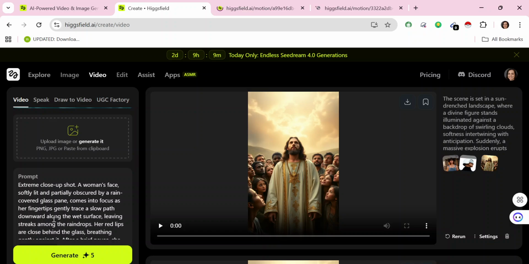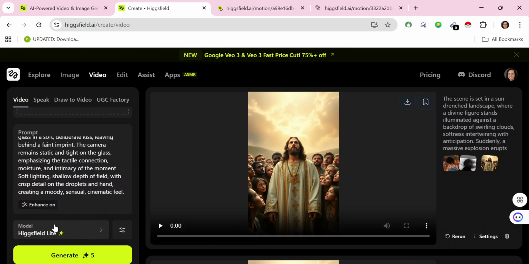So you can just scroll down and choose your model. If you're using the free one, just leave it at this Higgsfield light. Now if you're using a premium, you can go for any of them. So once you're done, click on generate here with 5 credits, and then after few seconds your video would appear in this way, and then you'll be able to download it here from here, and then you can apply or use the video in